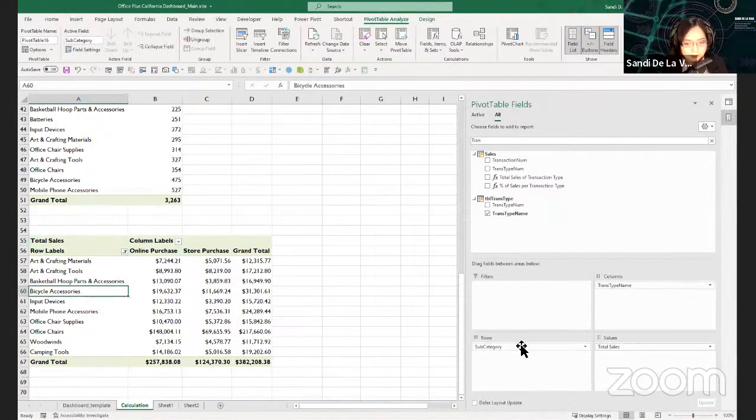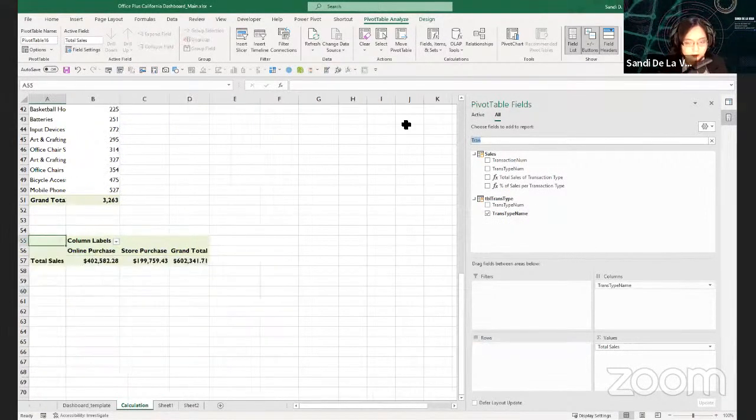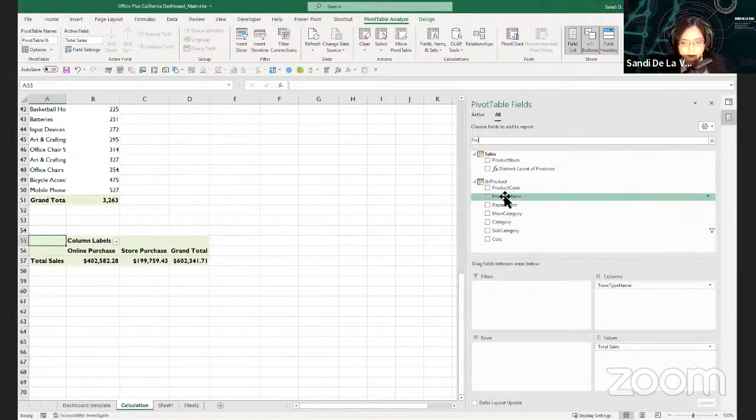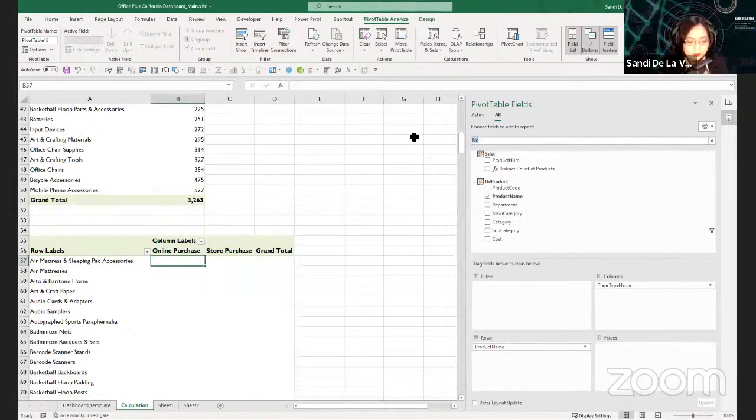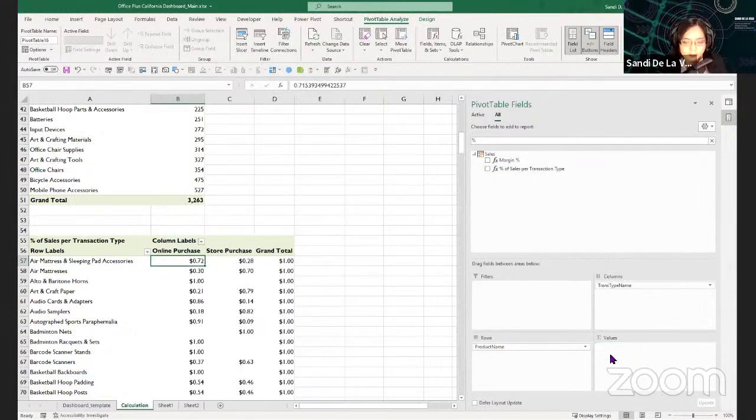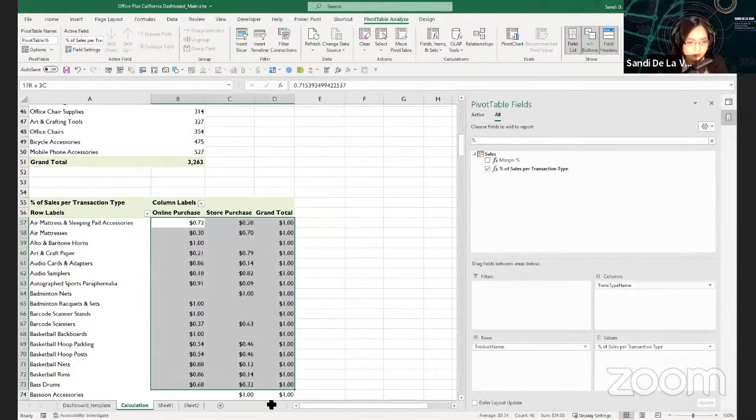We need top 10 products, so change the subcategory to product name as our rows. Then, we need the percentage. Using the percentage of sales per transaction type DAX measure, change our format since it changed to currency.